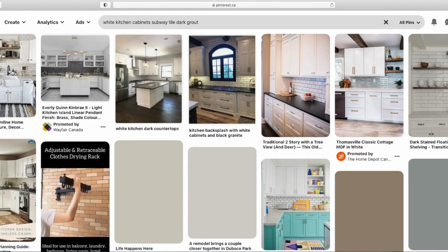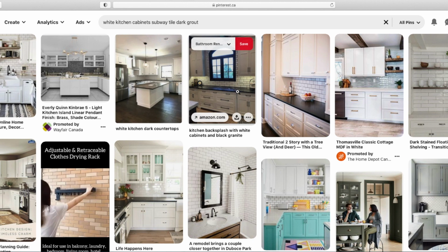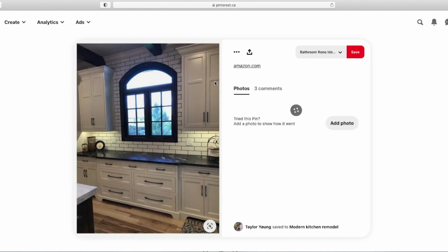And as we were doing that, we realized that we liked white subway tile. We liked a darker grout to go with the white subway tile. We really loved natural woods, and we really liked marble countertops, butcher blocks. We knew that we wanted to keep our big crown molding and our craftsman style molding around